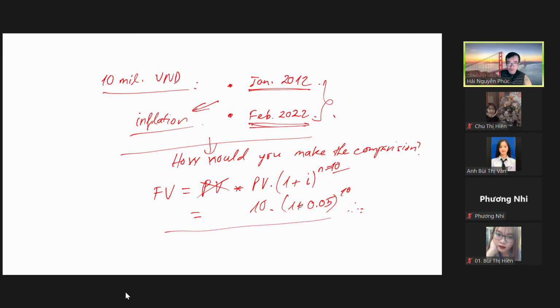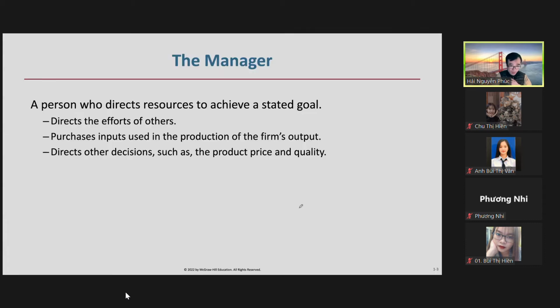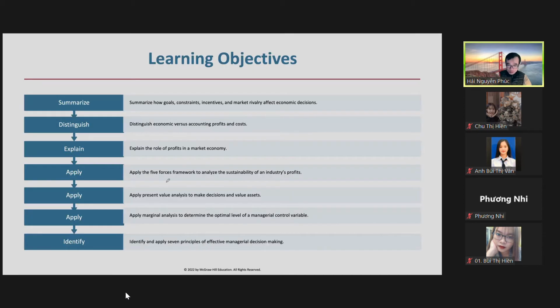It's practically correct. You have quite good intuition about the fact that the value of money always changes across time. And we have a tool to make the comparison. That's very good. So here we apply the present value analysis to value the asset. The next point